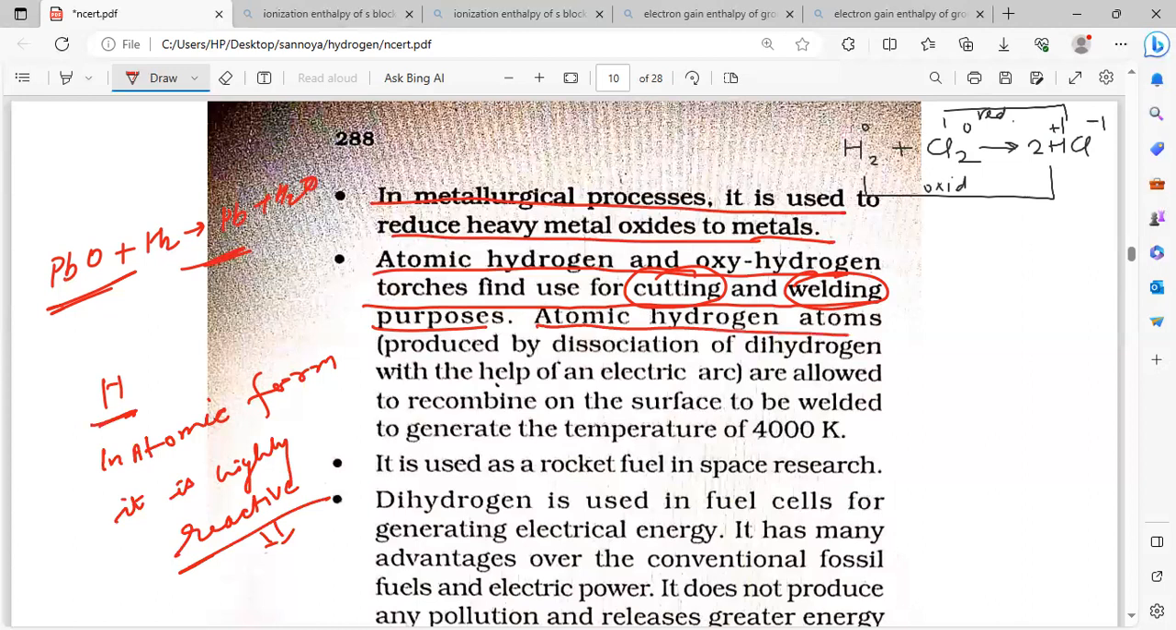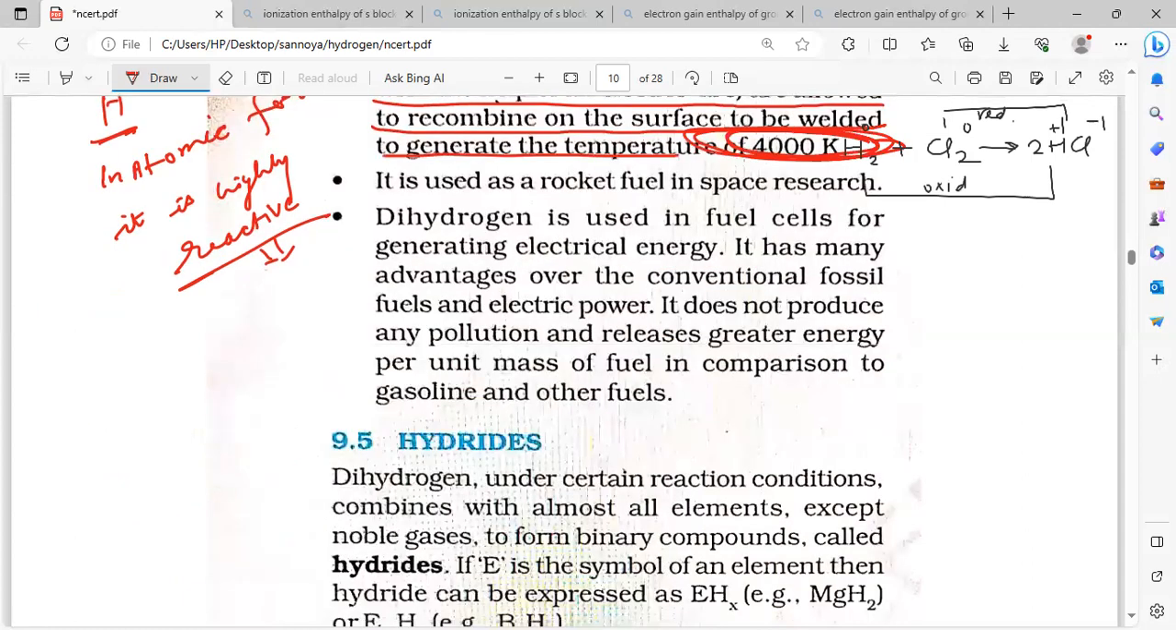Atomic hydrogen is produced by the dissociation of dihydrogen with the help of an electric arc, and allowed to recombine on the surface to be welded to generate the temperature. How much? 4000 Kelvin. How much temperature is it generating? 4000 Kelvin, right? Are you getting? Second, it is used